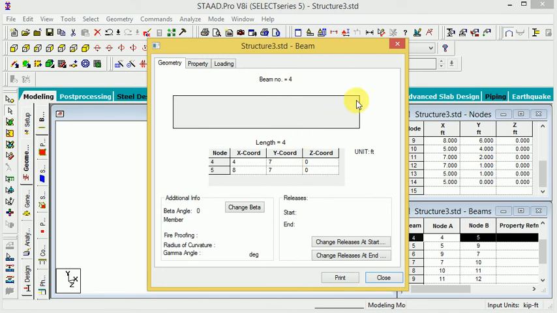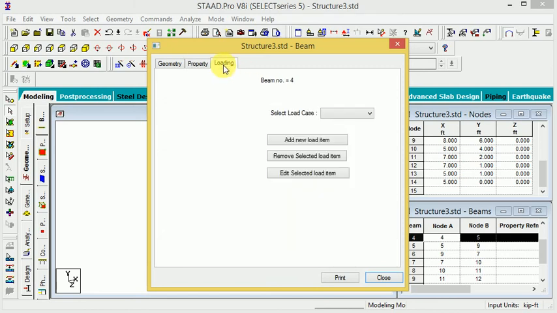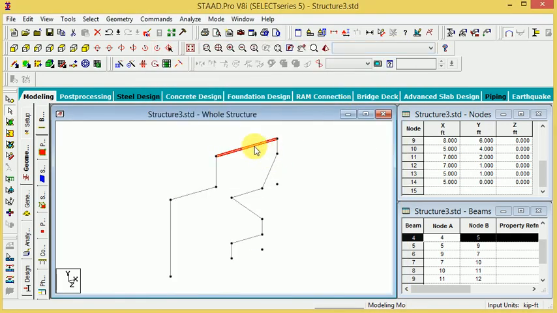So it means one member. Look at this, the properties of member number 4. It shows what the structure member is, steel, what type of material, and loading. This detail is only for one member, like this fourth member.